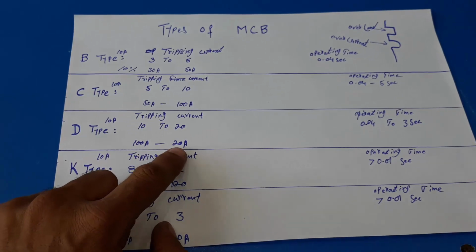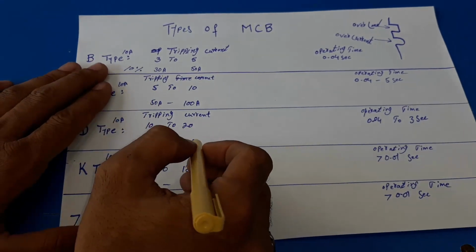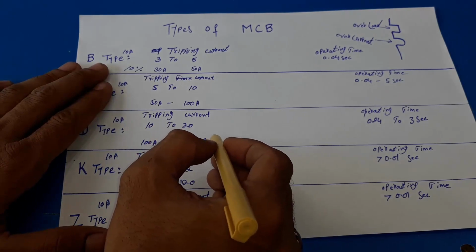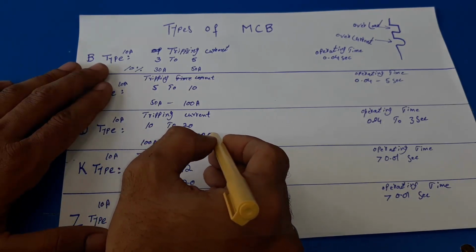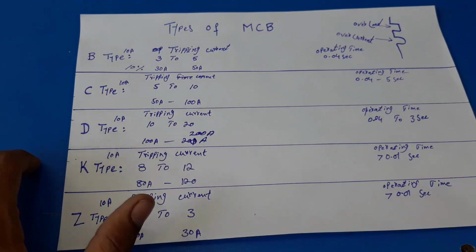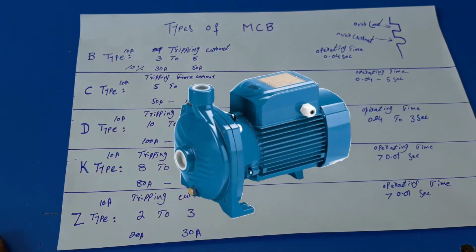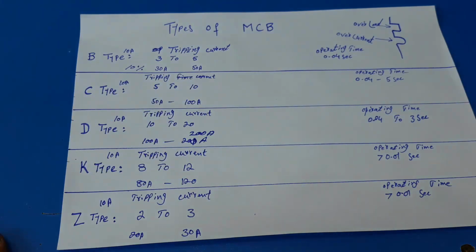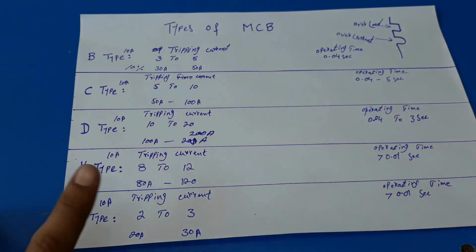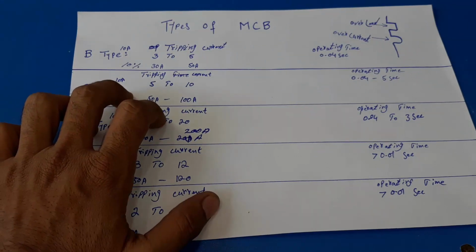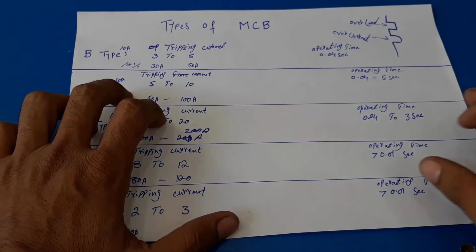You are seeing here, sorry, I have written 20 here, which will be 200 amperes. We have discussed its uses. This will be used in high inductive motors, transformers and power supplies. This type of MCB provides protection and control of circuits against overload and short circuit for circuits between supply and load with high inrush current at circuit closing, transformer breakdown, lamps, etc.